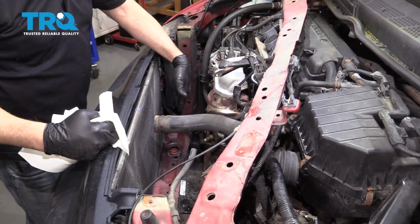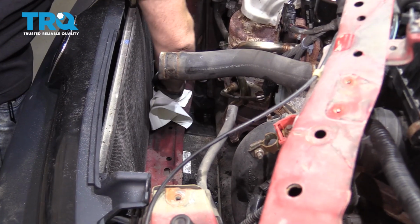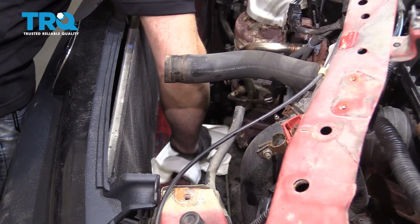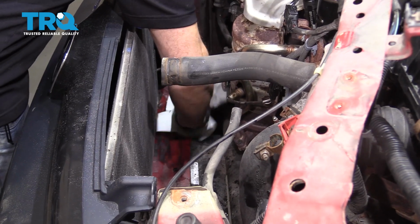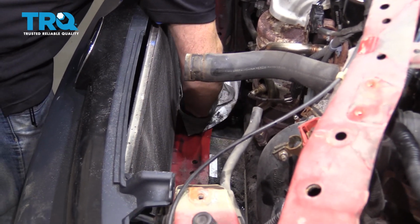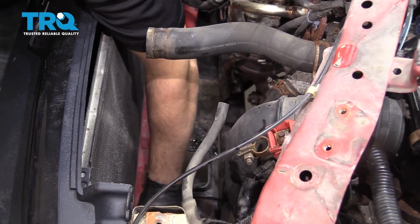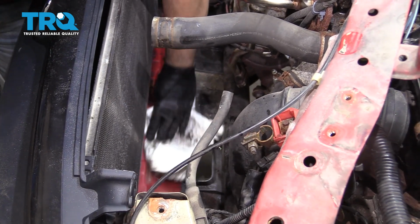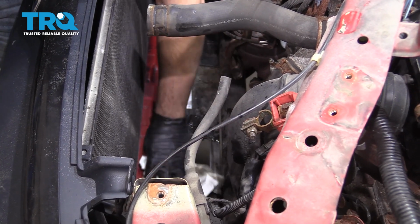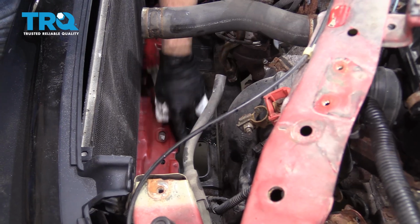Now before we reinstall the radiator in here, you can see that the crossmember is a bit dirty. So we're just going to clean it up. Nothing crazy, not going to use all kinds of chemicals, just some shop rags or towels. You're always checking for anything that might be causing interference when you go to drop this down. Everything looks really good, really clean, and we know that we shouldn't have any restrictions putting those rubber mounts inside these spots in the lower